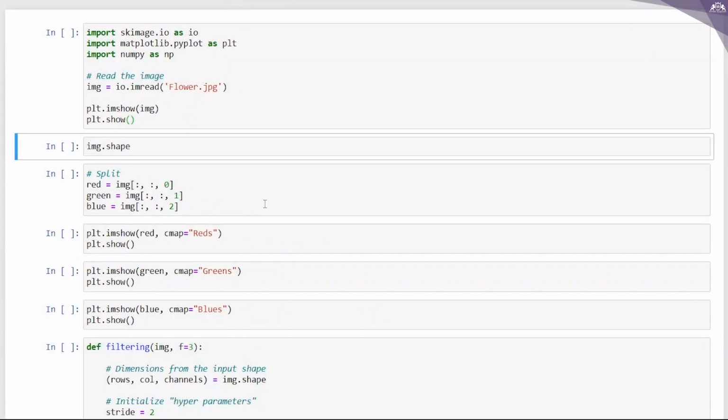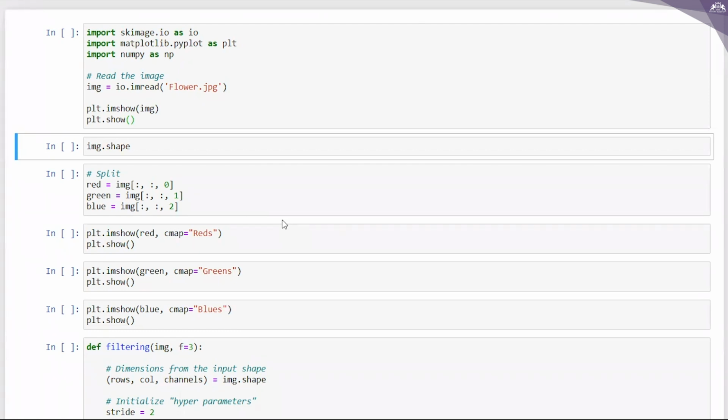Hi everyone. In this video, let us see how to use images. How can we work with images? Working with images is special because images get uploaded as tensors, and then we are able to slice them, work with each channel, and do some operations on this image. So let's get started with the basics.